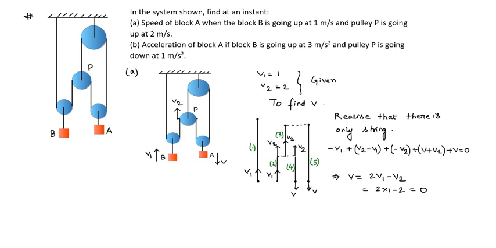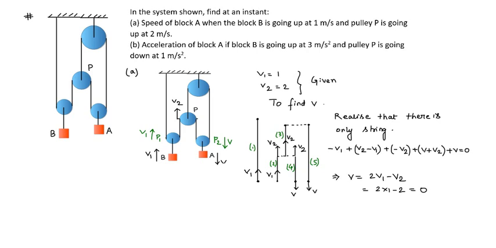So you can look at segment 1 first. The bottommost point of segment 1 is connected to this pulley over here, let me say this as pulley P1. So the bottommost point of segment 1 is connected to pulley P1. If the block B is moving upward with a velocity v1, then definitely this pulley P1 must also be moving upward with a velocity v1. Similarly, if the block A is moving downward with a speed v, then this pulley P2 will also move downward with a velocity v, because they are connected by an ideal string over here. So if pulley P1 has a velocity v1 in the upward direction, this point will also have a velocity v1 in the upward direction.